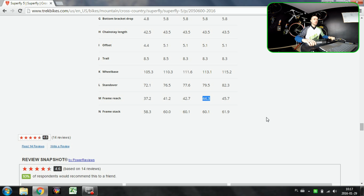I hope this was helpful. I know it can be quite tricky, and I'm not the guy who knows everything about it. I'm just telling you from my experience. I was able to find a perfect mountain and road bike size for me, but I'm gonna be changing also my position and my fitting this year, doing more racing, or